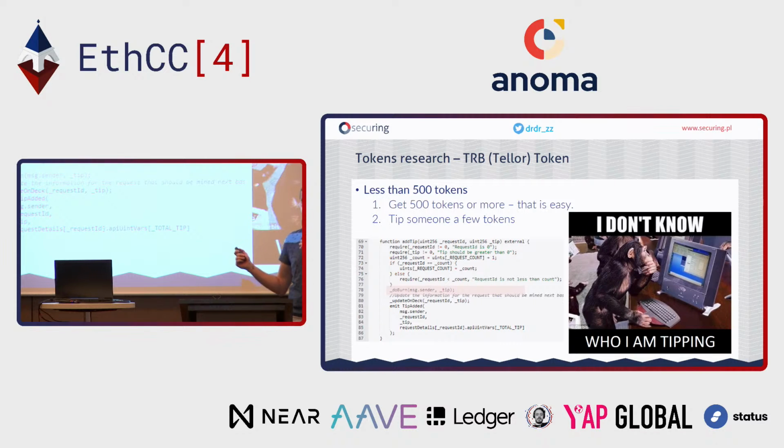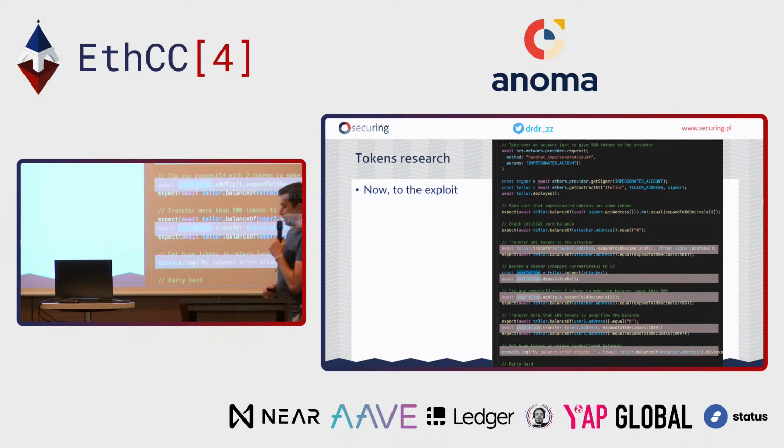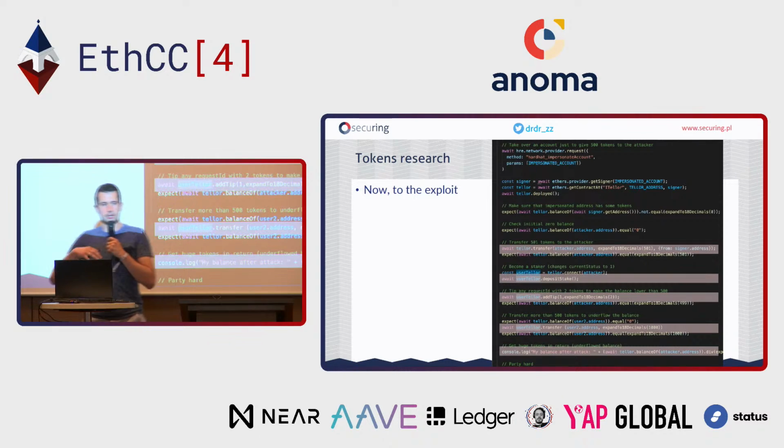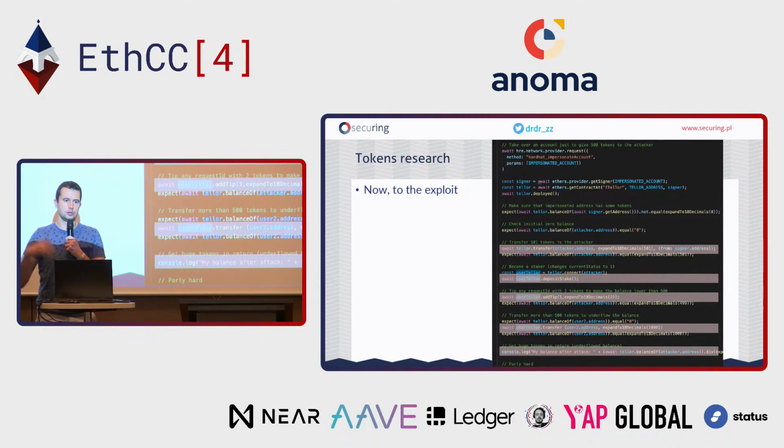And you can do it by burning your tokens, right? So there's another function, called tip, where you basically tip somebody, I have no idea whom and why, but what's important here is that I burn some of my tokens. So I can make my balance below 500. Yeah, and actually, if you find those functions that let you meet these requirements,